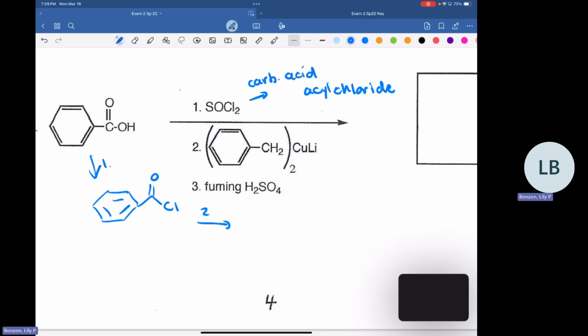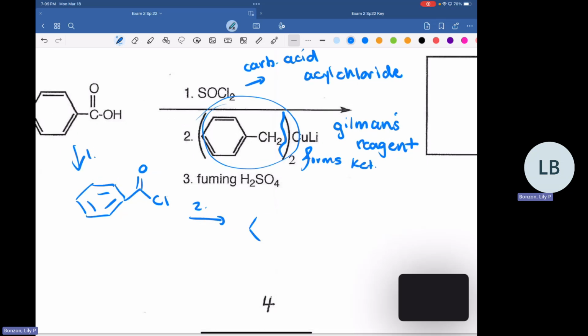All right, step 2, this is Gilman's reagent. You don't need to know the fancy names, but if it helps you remember them, then cool. And so what this one does is it also forms a ketone. The other half of the ketone is going to come from the alkyl group that's on there. And you're only going to add one equivalent on there. So it's a little bit weird how it has 2 in there. But you're just adding one equivalent of this alkyl group to form the ketone.